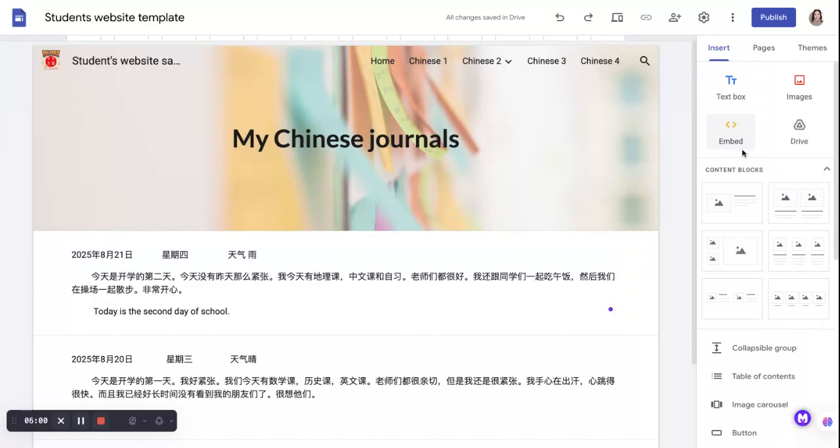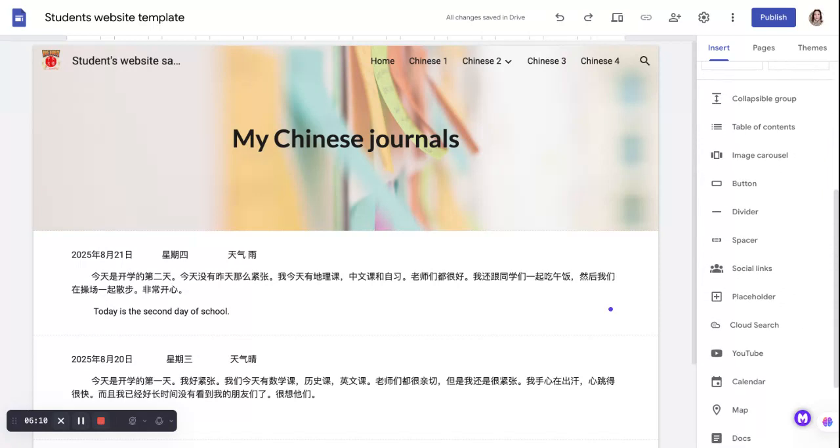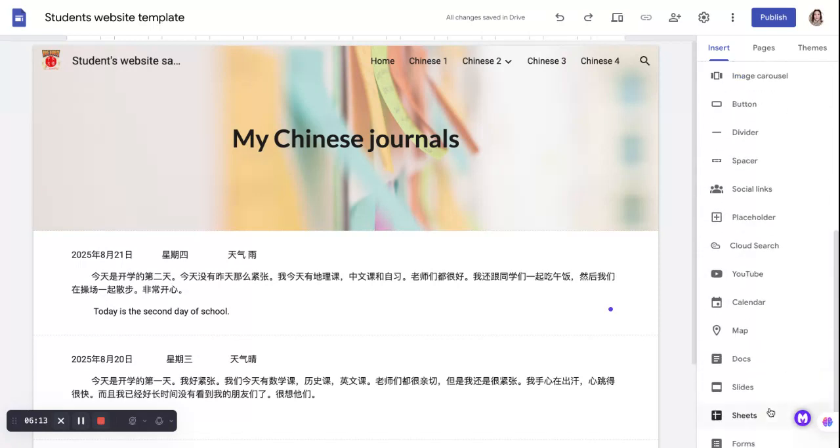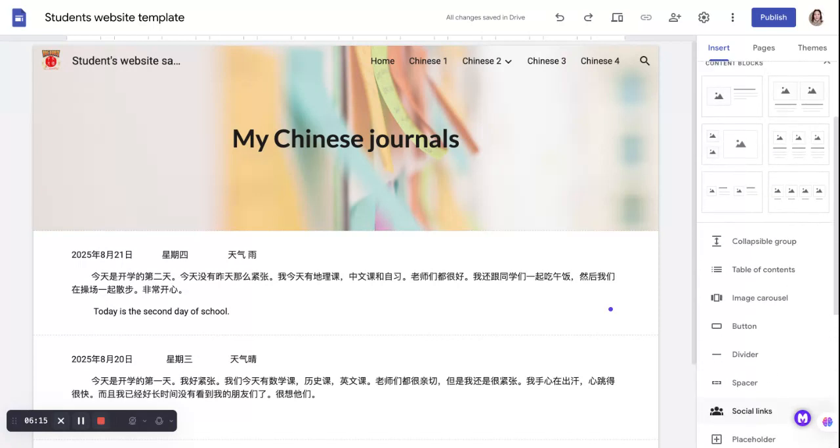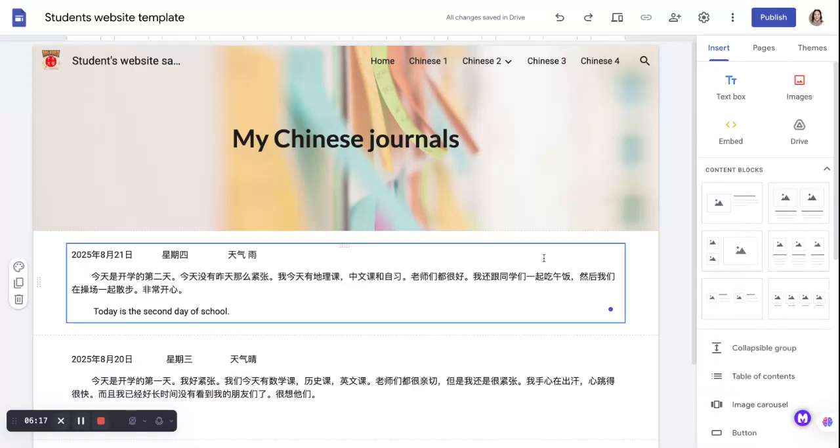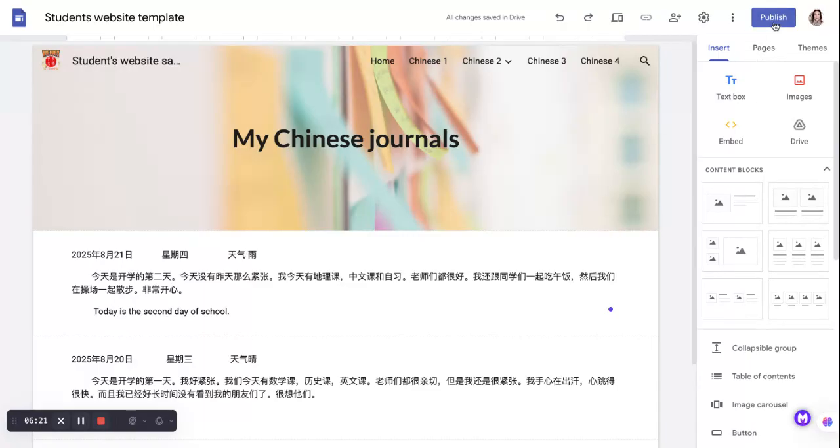Always go to insert. You can either add an image or embed any code, or just simply write a text, and or upload anything from your drive. And there are a lot of options here. Feel free to add if you feel like playing around, and you'll be an expert in this. Let 毕森老师 know if you have any questions, 好吗？谢谢。